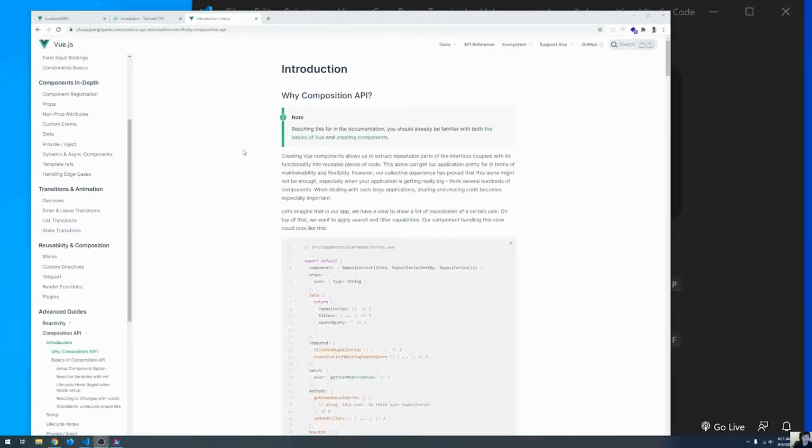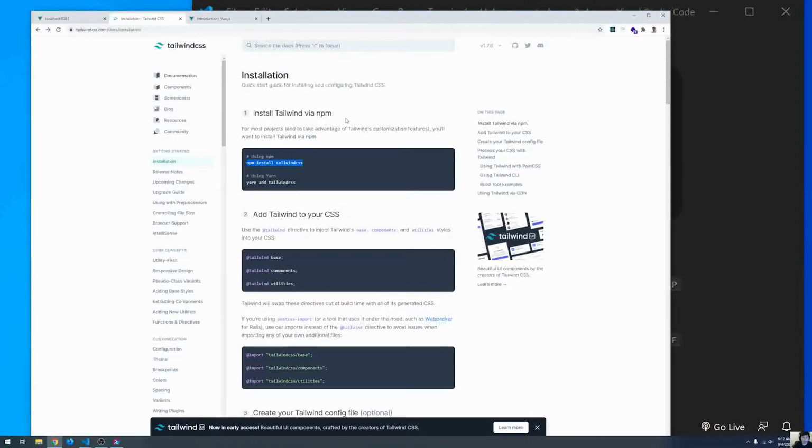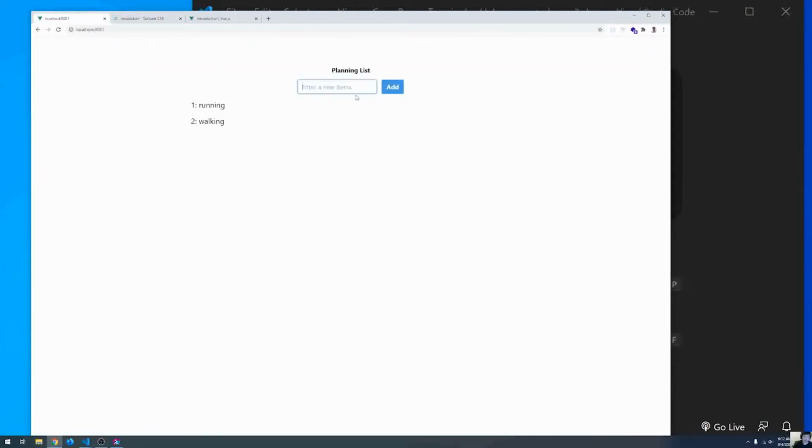Vue has released a new API called the Composition API. We're going to check it out and use it, showing a demonstration of using it with the render function. I'm also going to use Tailwind CSS as a utility library, and this is what the small app will look like. So we can say